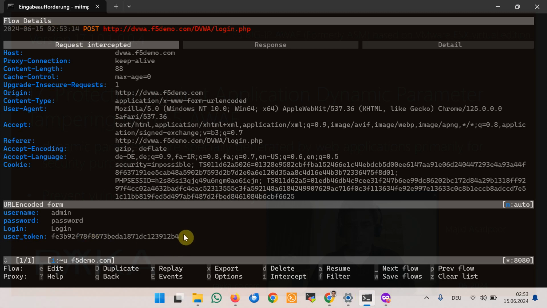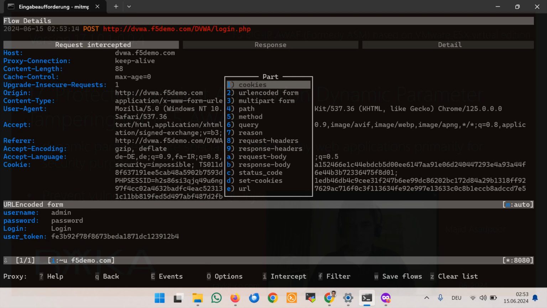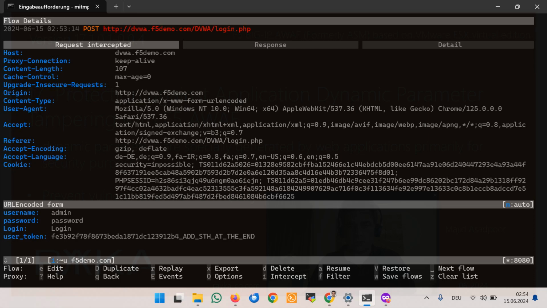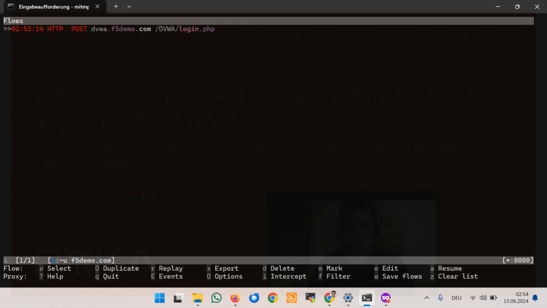With edit, we can edit the content of the packet, and in the section form and user token, we can change the content of user token or add something at the end. Add underline something at the end, and then save with escape, again escape, again escape, and with A we can